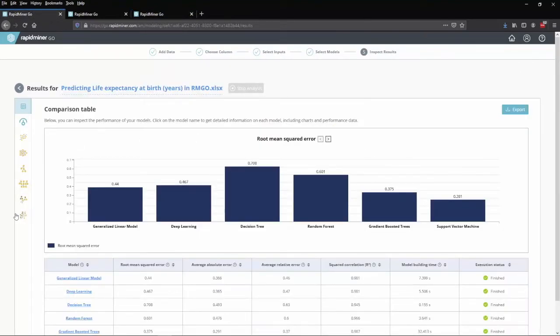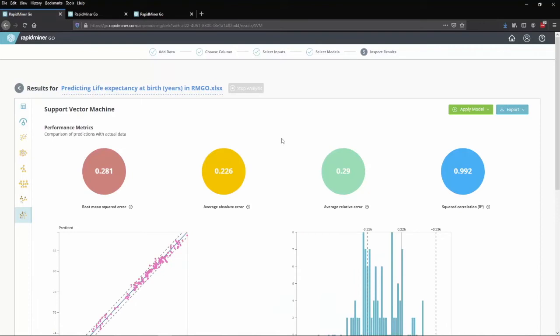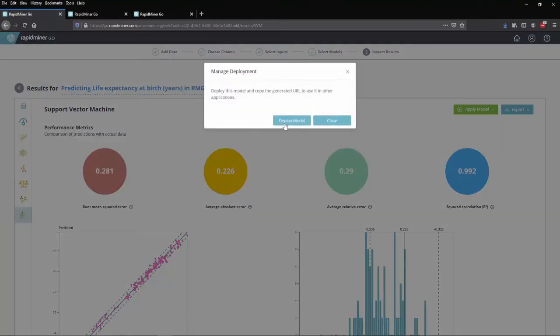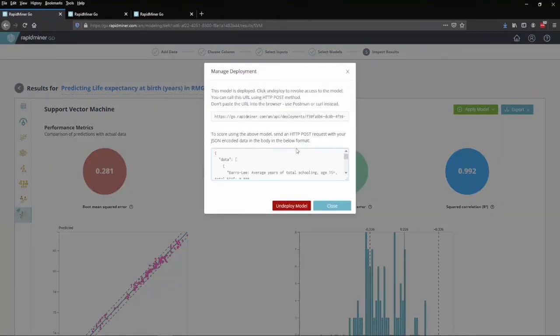What I can of course also do is deploy the model. Instead of going here in my support vector machine again on apply model, apply a new data set, I can just deploy it. If I click on deploy model, now I have already exposed it. And there is my link, which I can use, and an example JSON, which I can send. In our next session together, we'll talk about how to monitor this deployment so you can be sure that it's